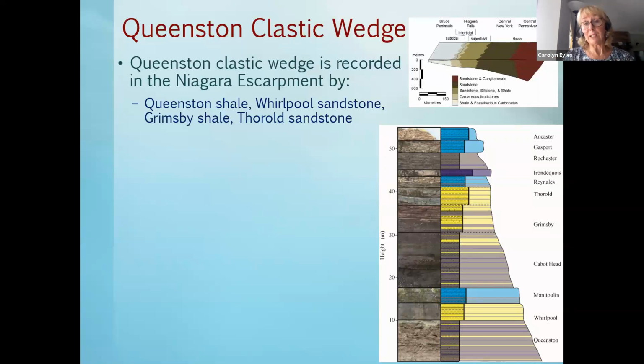And we see these deposits being recorded in the Niagara Escarpment by a series of deposits, mainly at the base of the escarpment, a series of rocks we can see exposed in the escarpment. Everything going from the Queenston Shale, the Whirlpool Sandstone, the Grimsby, the Cabot Head, all the way up to the